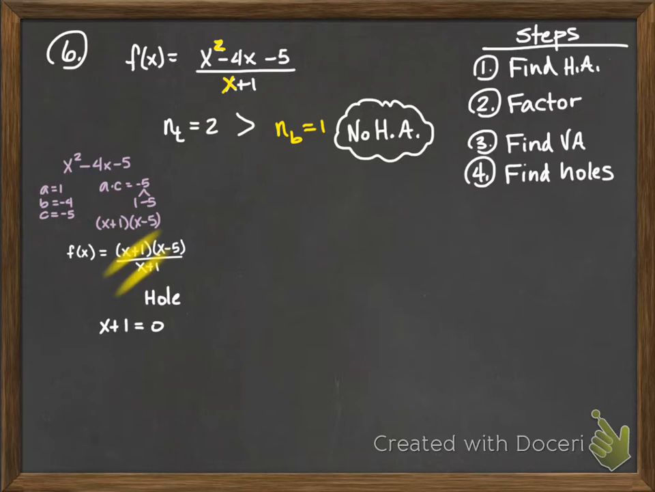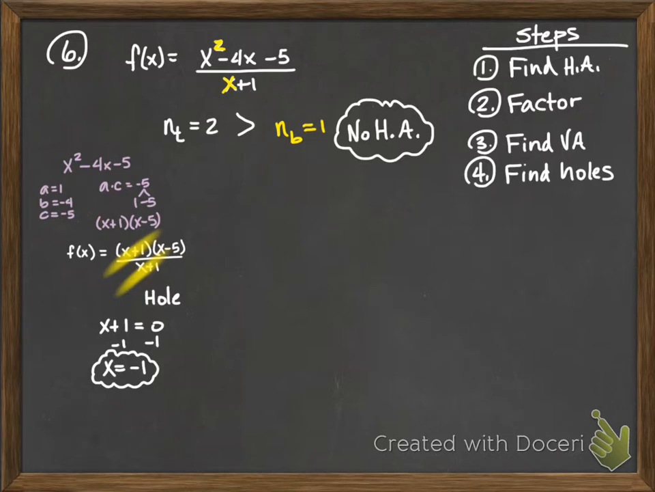So we need to find out where that is. What we're going to do is take the bottom, this x plus 1, and set it equal to 0. Then we're going to solve for x. So we subtract 1 on this side, subtract 1 on this side. We get x equals negative 1. That means the hole is at x equals negative 1,